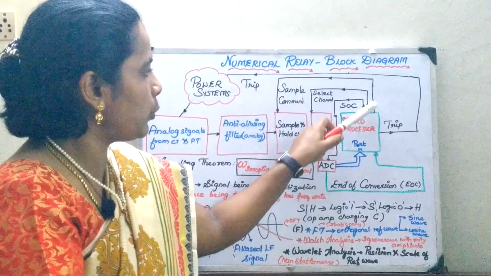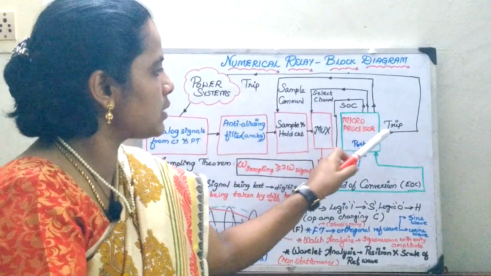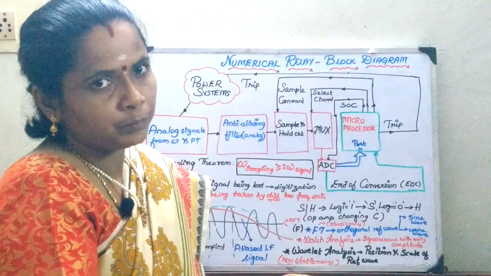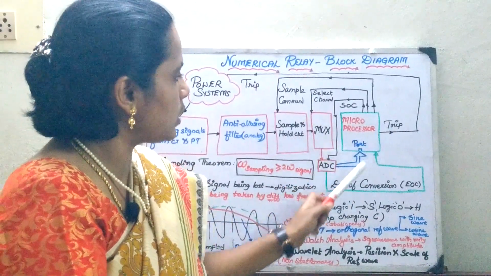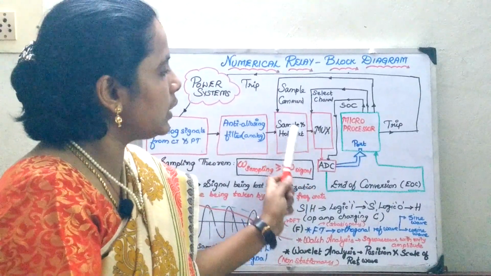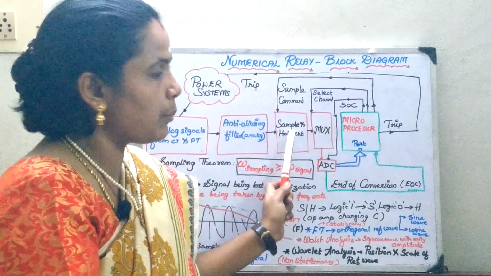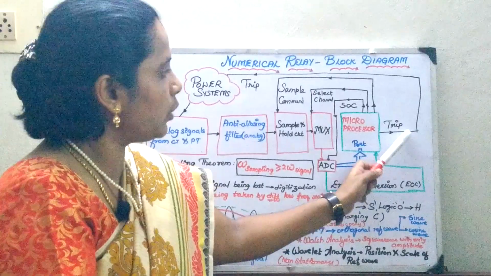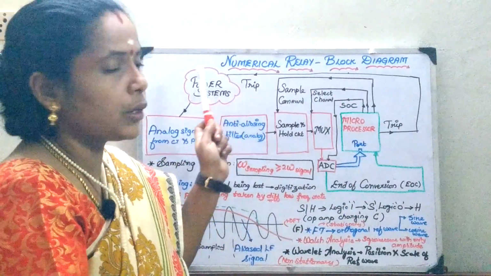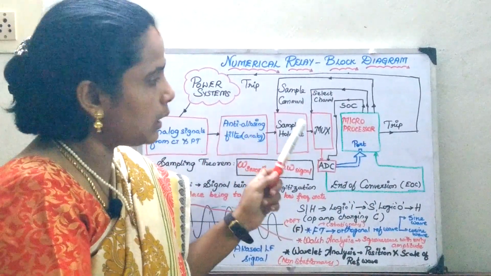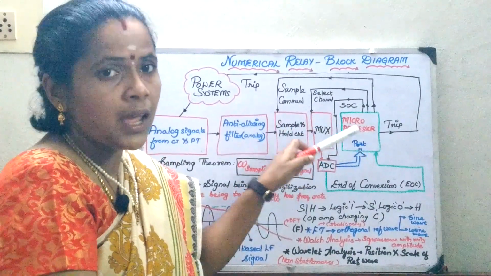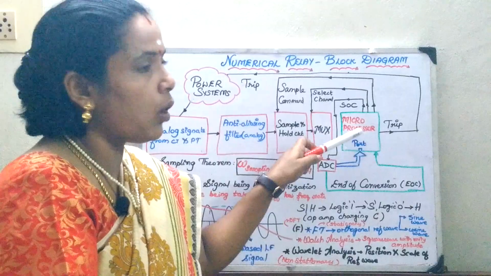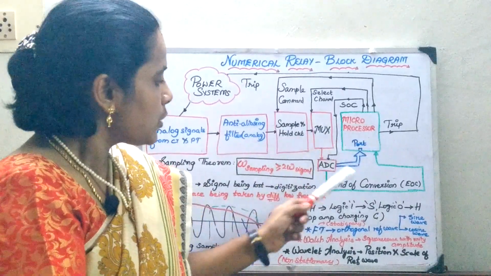Once this is done, the microprocessor issues a sample command and the data comes to your trip block. Once the digitized conversion is over, the data are transferred from your sample and hold circuit to your trip circuit to carry out the tripping function. Here, this microprocessor is going to be software based, and it can be either software or a DSP block. So what is the backend?